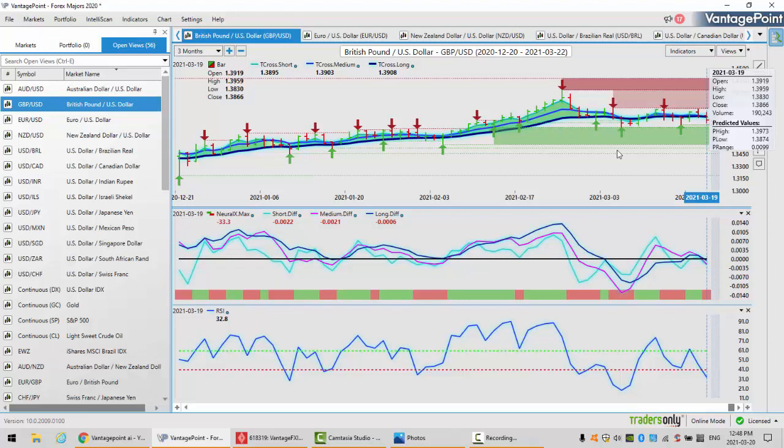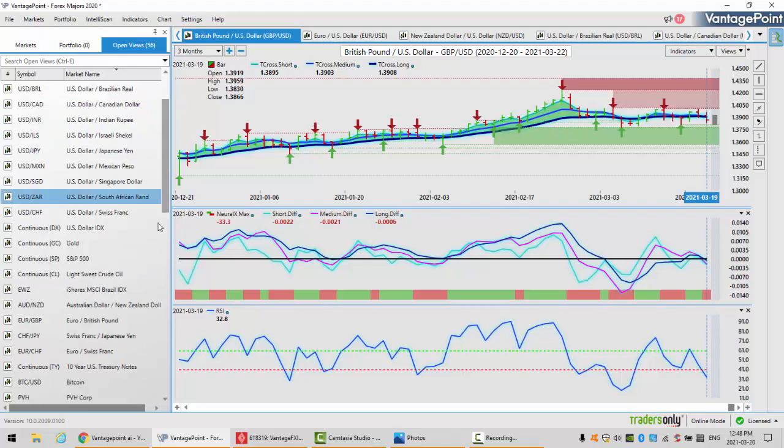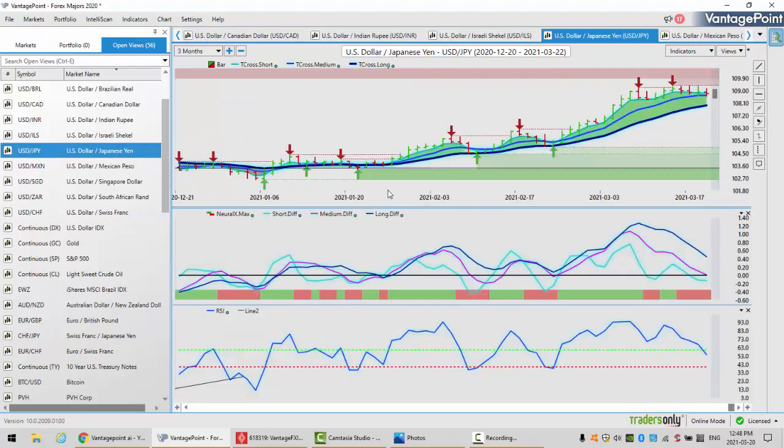So for now, the pound goes in to start the week on a bearish note, but we've got the Fed. That is an absolute wild card, guys. Now, with the